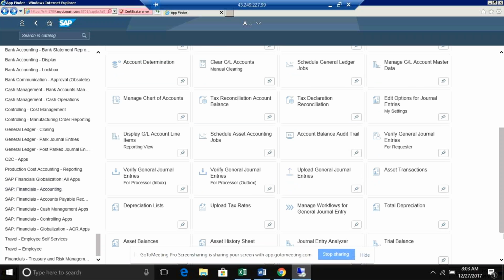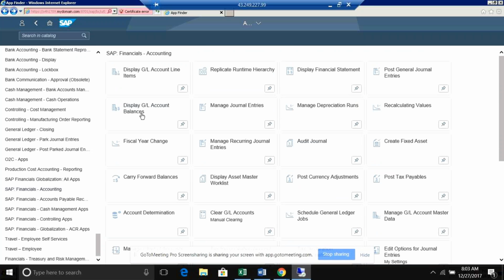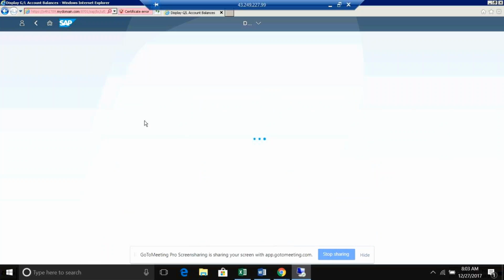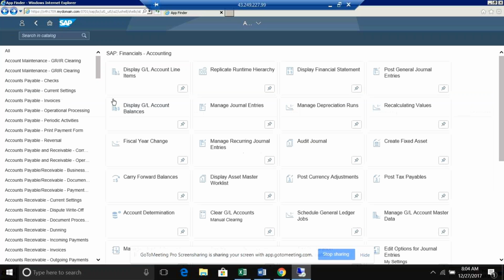So I have a question. You said that some of these are through guided configuration. What is part of guided configuration on public cloud? So guided configuration is basically your SPRO, whatever you are doing in on-premise, SPRO and also the customization. Those things you will get in the guided configuration in the cloud versions. But from the configuration point of view on the on-premise version, we are following SPRO only. This is only for the SAP menu, whatever we are doing. So we are doing the same thing here.